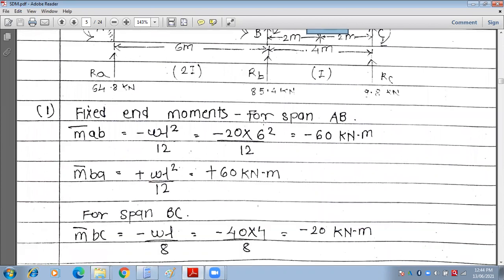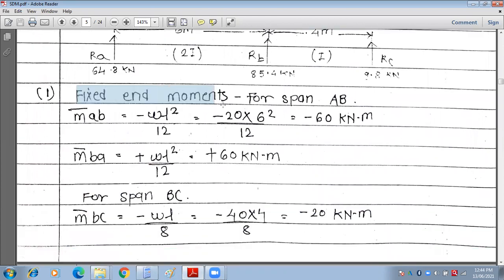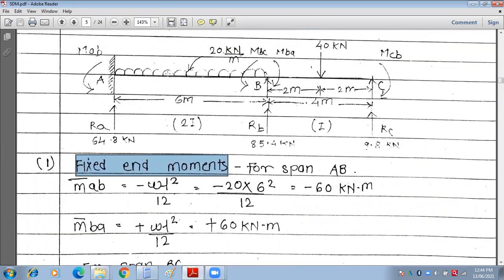Now very first step, we have to find out first of all the fixed end moments. That's why we have to remember all the formulas which are essential. Whatever may be the beam given, we have to assume that these are the fixed end moments. This is our assumption. First step, we have to assume that all these moments are fixed, and we have to work out the fixed end moment for the span AB and as well as for the span BC. Now span AB carries a UDL. That's why the formula, as we know, is WL by 12.